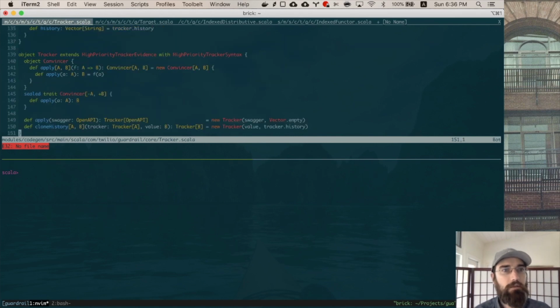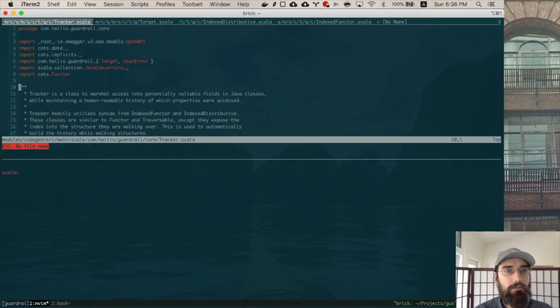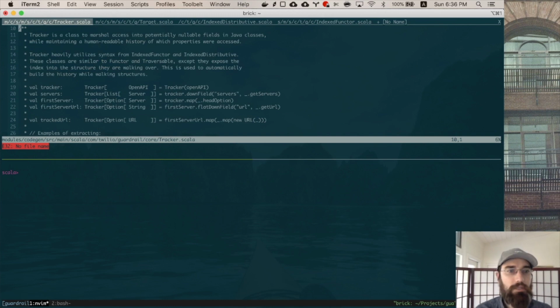Let's get reset. What I wanted to do was talk about this thing called tracker. So a problem that we had in guardrail was that error messages were particularly useless when it came to very large specification files. We end up with pretty much just single strings, right? Like you would expect from either a compiler or something without any context of what file it came from, particularly